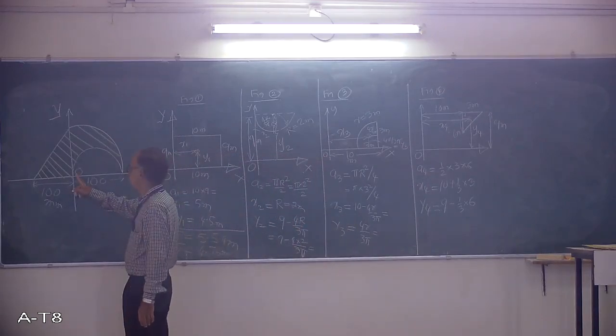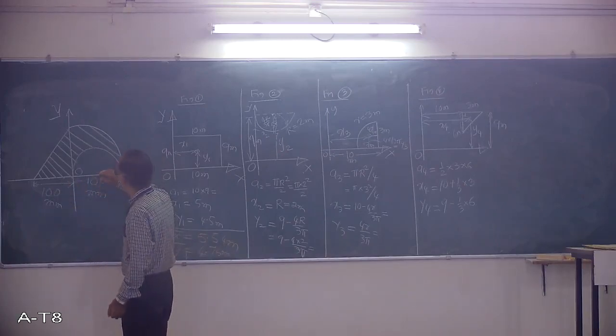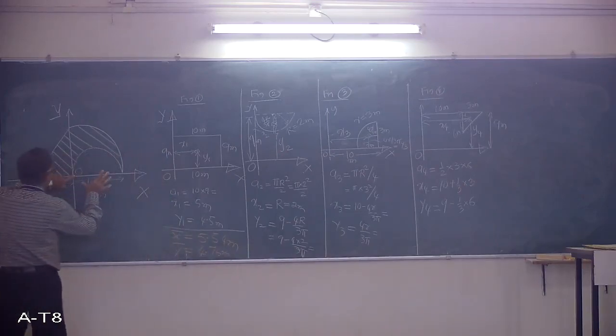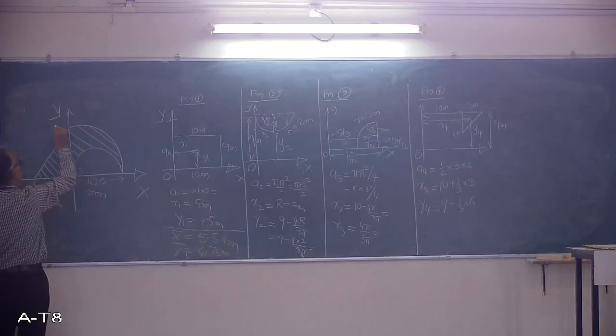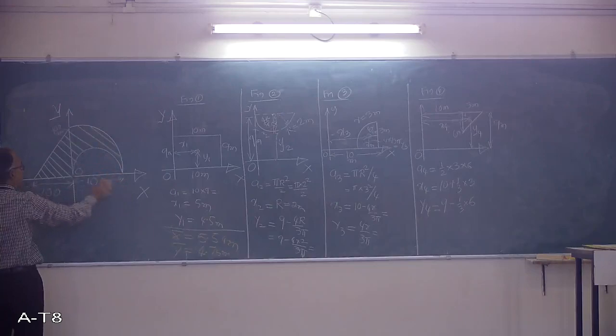So this is the origin point, x-axis, y-axis. So this is 10 here. So this is the radius of a quarter circle like this. That means this center has drawn the quarter circle. This 100 here, so this will be 100. I have to mark this value. This will be 100, because this is the center from which the quarter circle is drawn, 100.